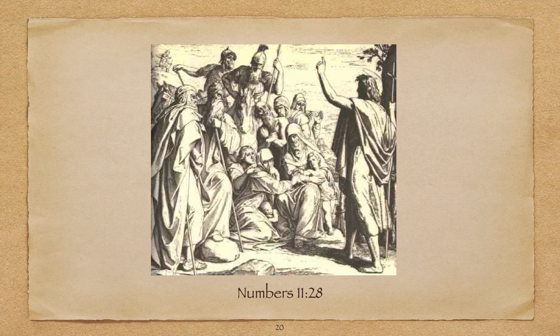Whenever Moses went to communicate with the Lord, we're told that Joshua would stay in the tent. Then when Joshua heard of Eldad and Medad prophesying in the camp, he told Moses to restrain them, of which Moses responded by saying, "Oh, how it would be given all the people of the Lord were prophets."